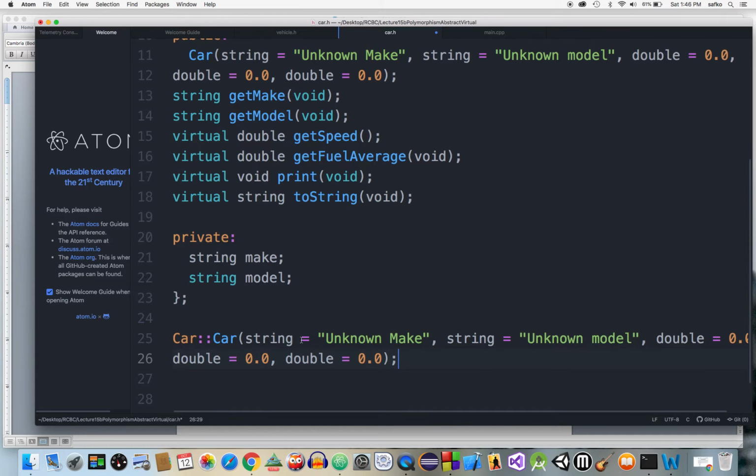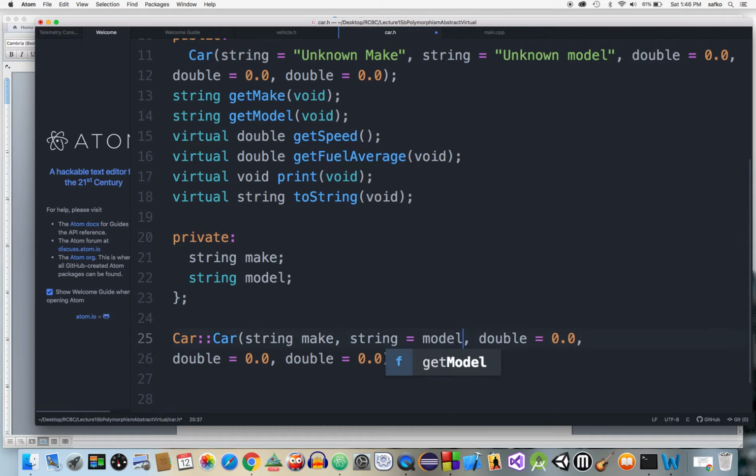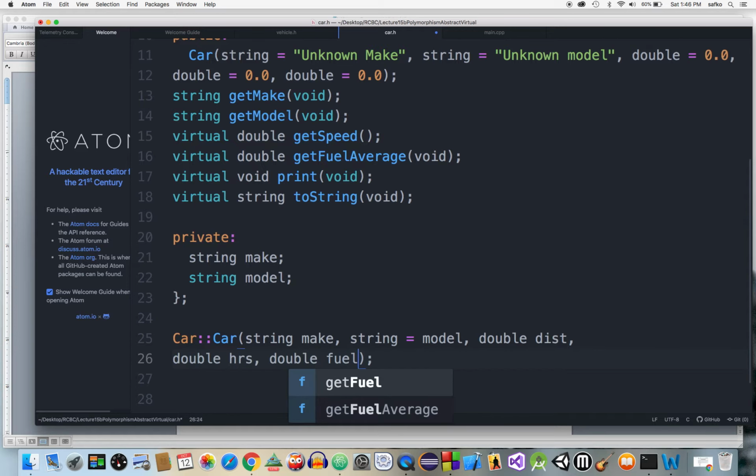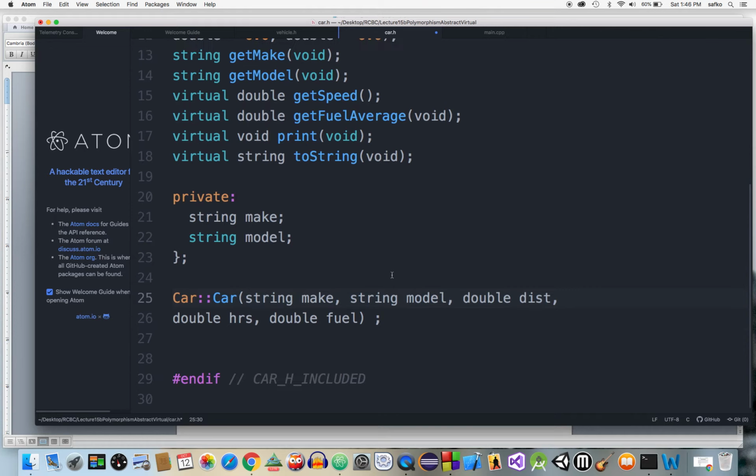Okay, we have string make, string model, again the data type coming in, double dist for distance, double hours, and double fuel. And then what we do is, because we inherited from this, how much of this can we steal and populate